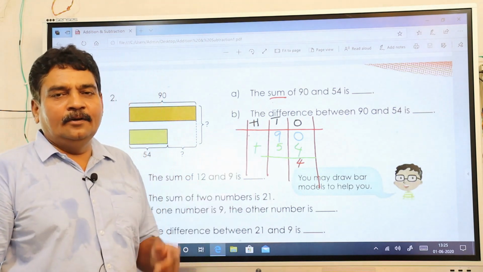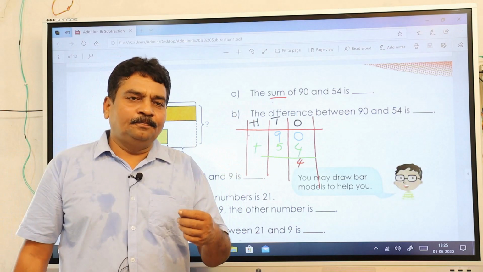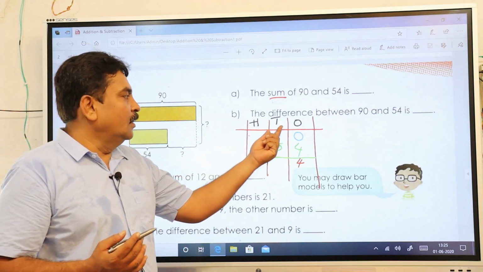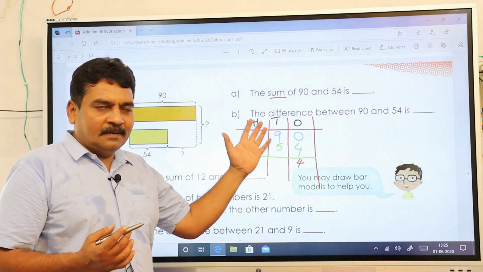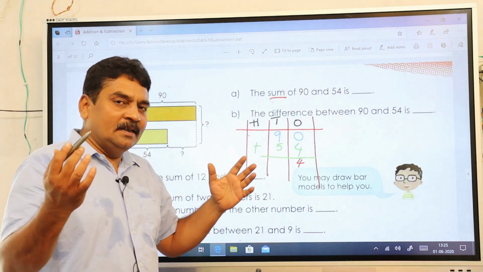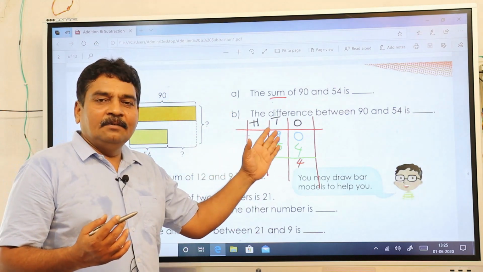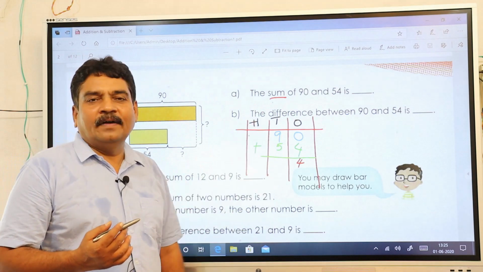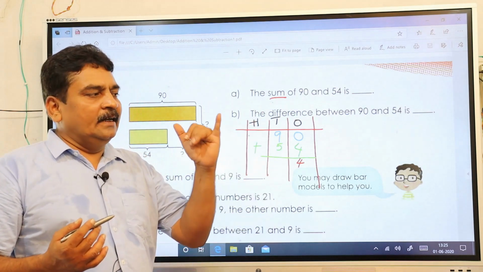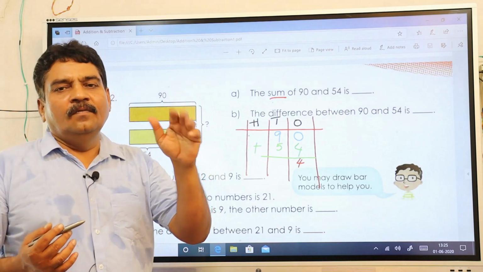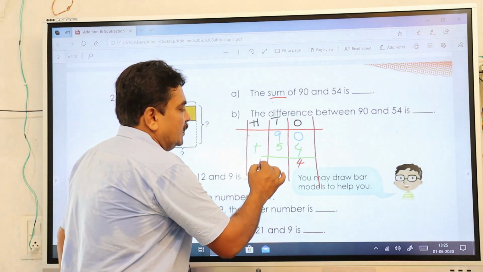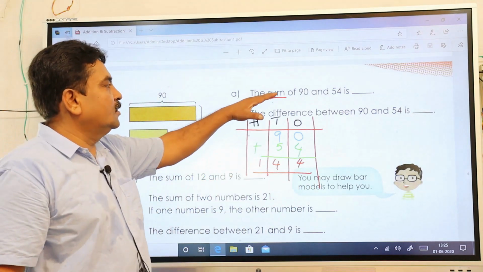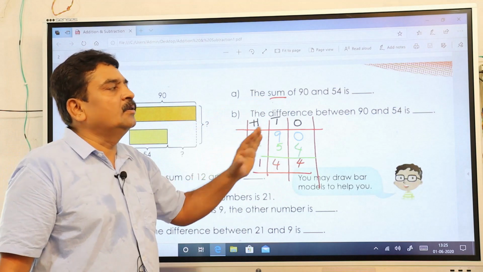You are adding it. I told you before. Whenever you add, you first take the bigger number and keep it in your mind. The bigger number is 5, no sorry, the bigger number is 9 here. You keep that 9 in your thought and then count 5. So 9, after that 10, 11, 12, 13 and 14. So the answer is 14. This is the first question, and in this way you have to do it.